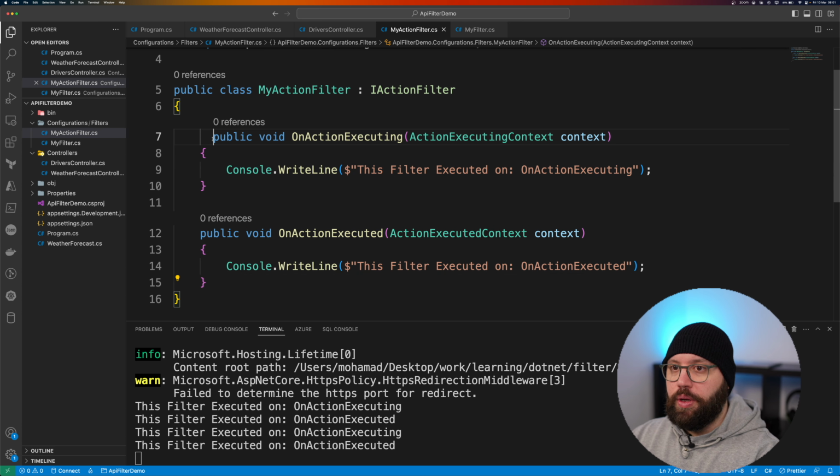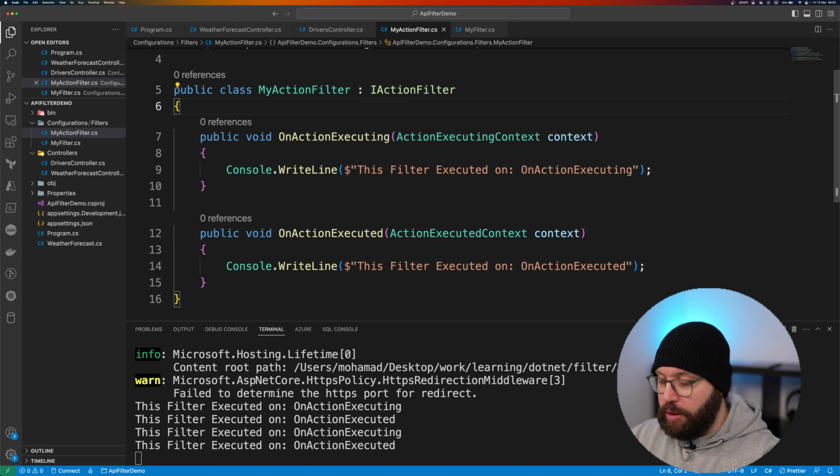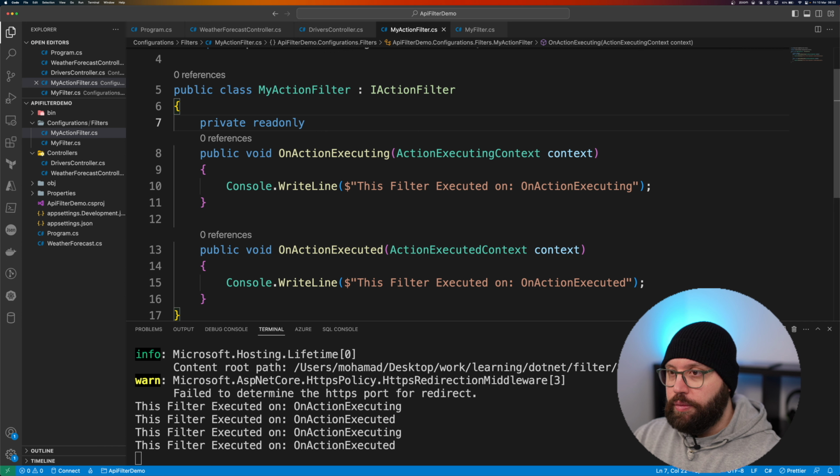So the first item that we want to add is an example here. So you don't have to basically add any specification here to make it work, but basically what we're doing here, we're going to add a variable where we can actually inject this into the filter whenever we are calling it, because it's going to be injected into different actions and different controllers. So for this, all I'm going to be doing here is I'm going to put a private readonly, I'm gonna say caller name,